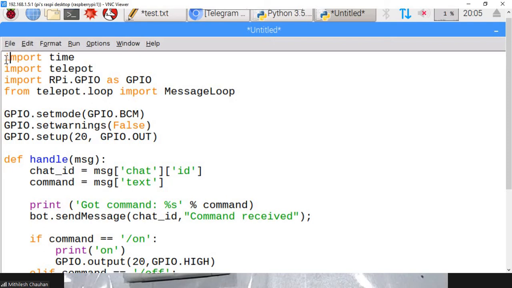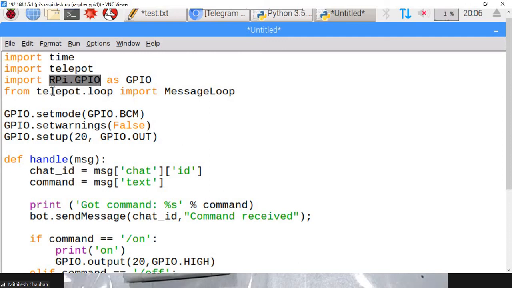Now, as we know, we import the time module, which consists of a delay function or sleep function, which can be used for adding delay. The main package which is going to interact with Telegram is teleport, and since we are enabling or disabling the GPIO pin, we have imported the GPIO package.